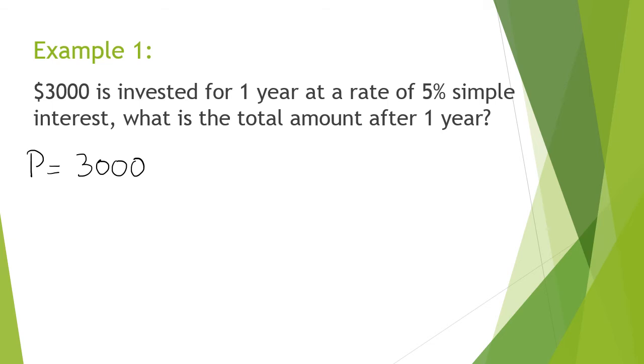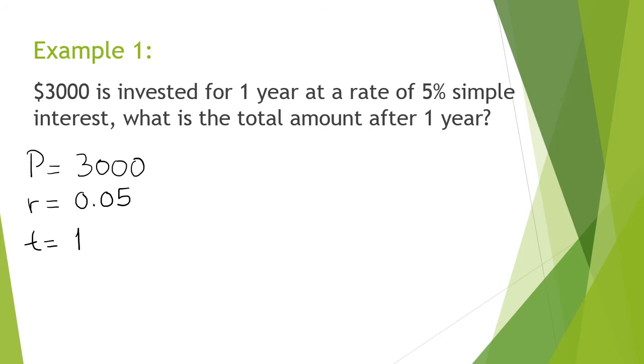Now, we have simple interest, and the rate for the simple interest is 5%, which is 0.05. That's 5 divided by 100. And then T, which is the number of years that we're going to invest the money for,